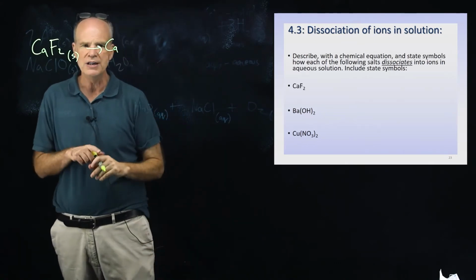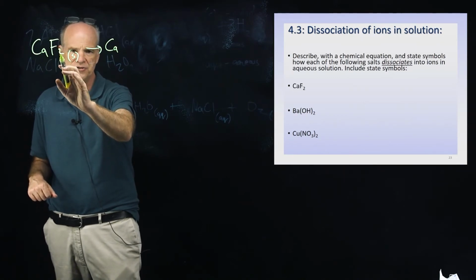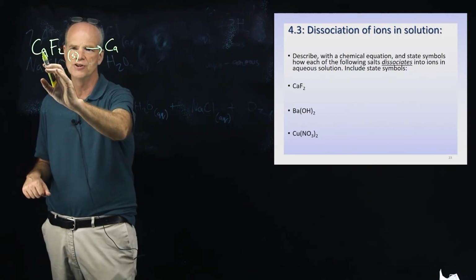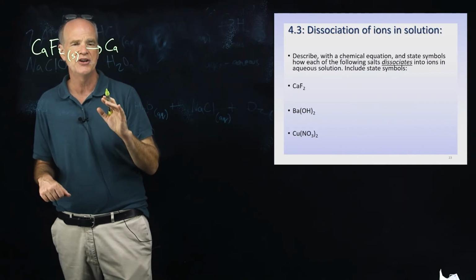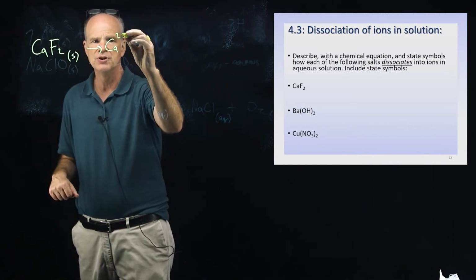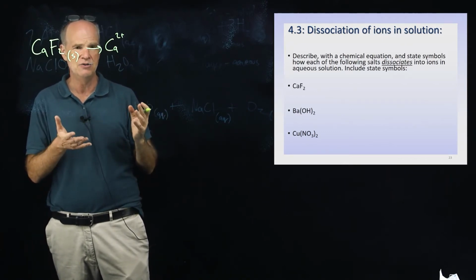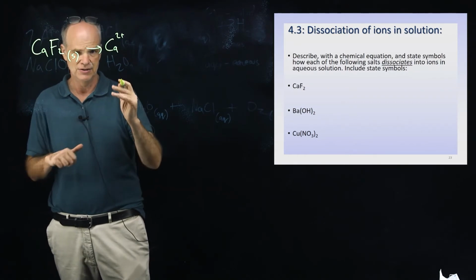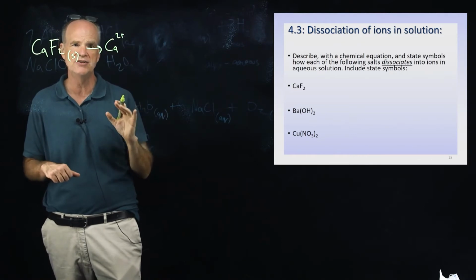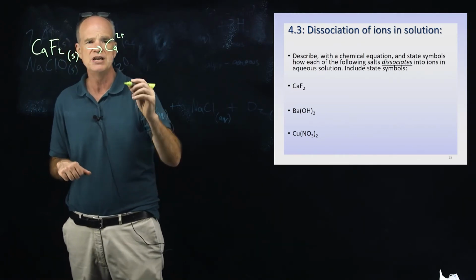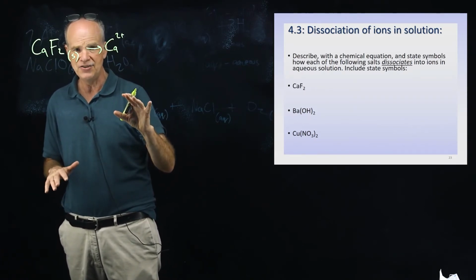Okay, so what you have to sort of imagine is what is going on in this compound. Why is it that two fluoride ions are part of a formula unit that includes one ion of calcium? And so one of the things you'll have to remember is that calcium has a 2+ charge. So when the calcium ions are yanked off by the waters and are separated off, now you have calcium ions. You can see that we want to represent those ions with a 2+ charge. So we indicate the charge in the elemental symbol. And then we indicate that the calcium is now surrounded by waters by writing a state symbol for the calcium